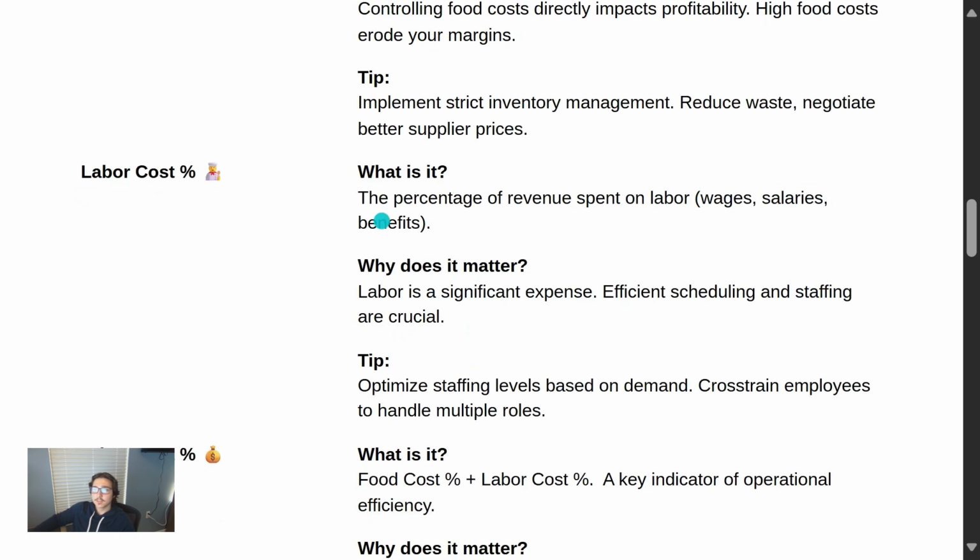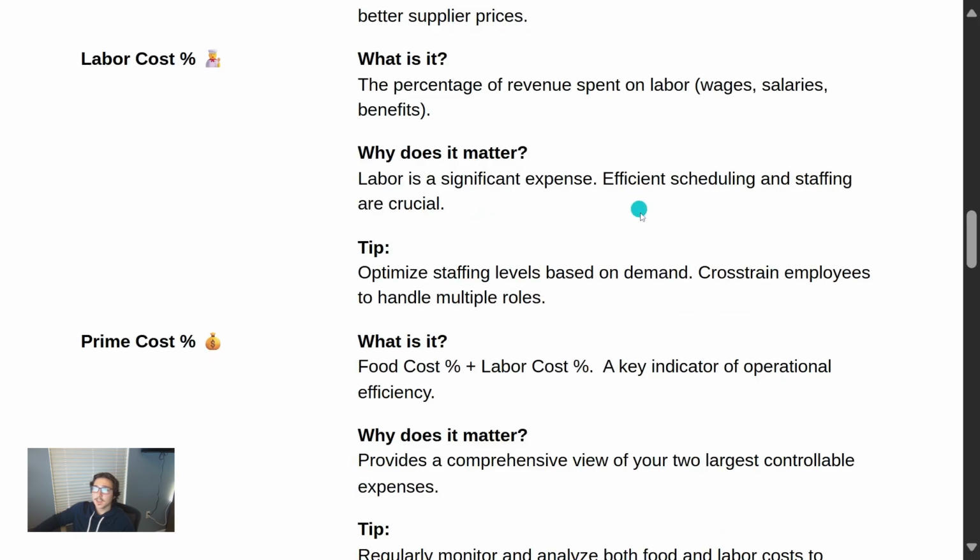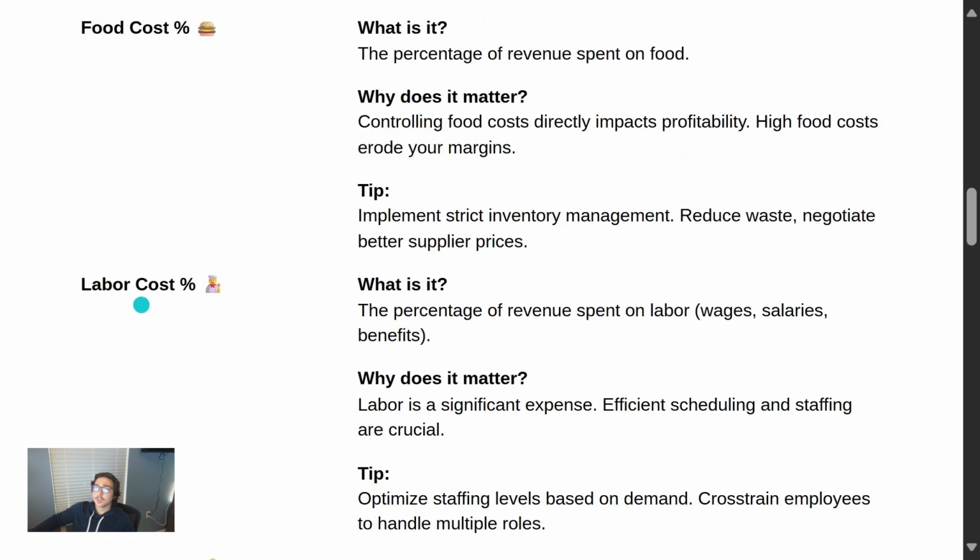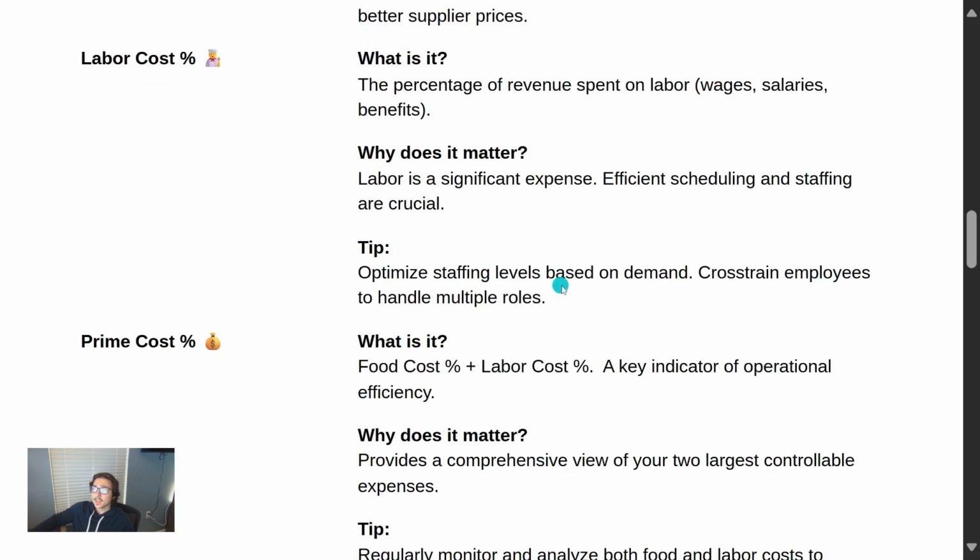Your labor cost. The labor cost is a percentage of revenue spent on labor, wages, salaries, and benefits. Labor is a significant expense. Efficient scheduling and staffing are crucial. So you want to make sure you have a good restaurant management system, a good scheduling app, so that you can understand your food costs and your labor costs. Because optimizing staff levels based on demand and cross training employees to handle multiple roles will significantly reduce this. If you're efficiently scheduling and staffing, that'll allow you to reduce your labor costs,